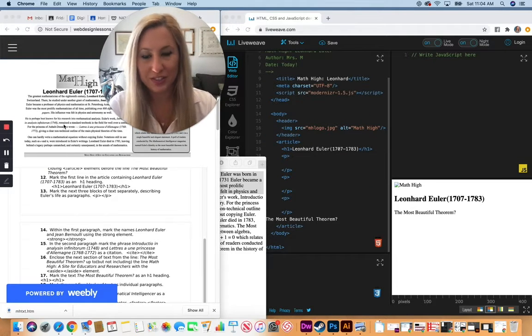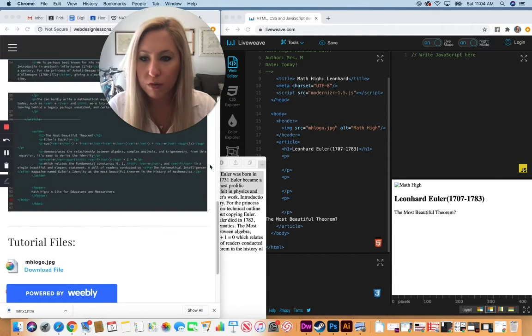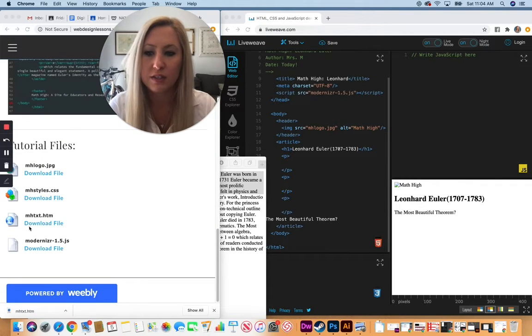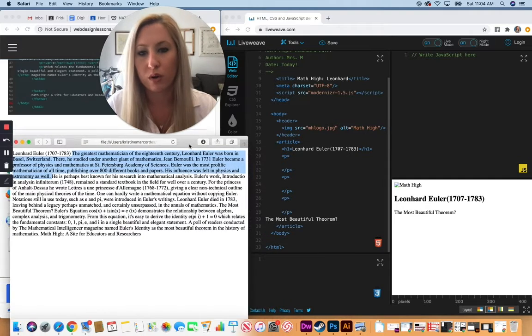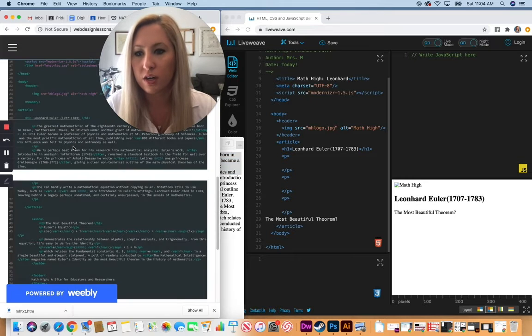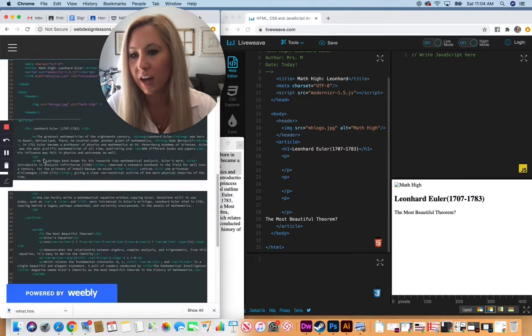So to save you a little time here, instead of trying to type out the paragraph text that we created those paragraphs for, it is actually at the bottom of the page here. If you look at the MH text HTML file right here, this is going to be all the text from the document that doesn't have the tags around it yet. If you open up that file in Word, or you can open it as a Google Doc, it's going to look like this, and we can take the text then and put it into our paragraph tags that we just defined. So looking at our answer key here, you can see where the text goes